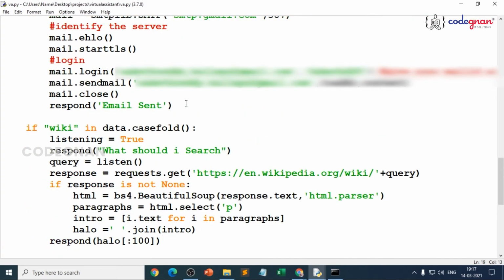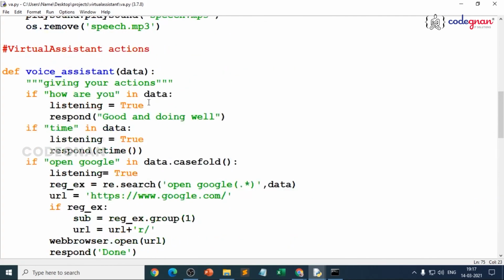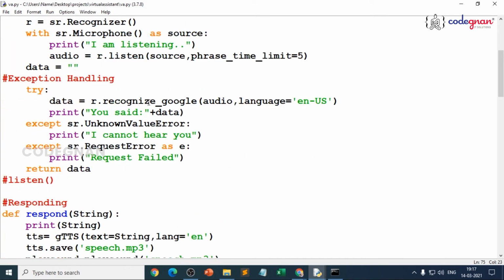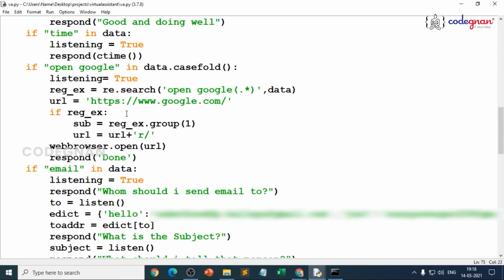That is how we have successfully built our first virtual assistant. The only new things we learned are a couple of libraries like gTTS, speech recognition, webbrowser, requests, and Beautiful Soup. That's where we made our conversation, where it will assist us in every moment, for sending an email, for telling the time, for opening the browser, for greeting, and for scraping data. Five tasks it has done, and you can increase the number of tasks. That's where you can make this your permanent assistant.